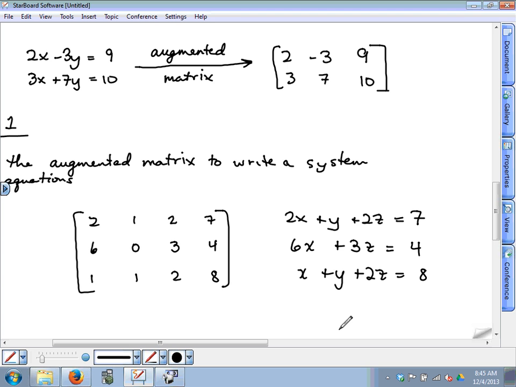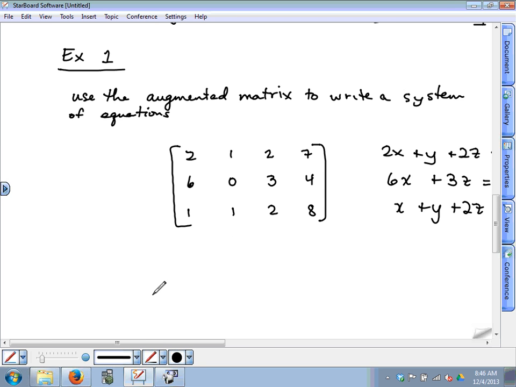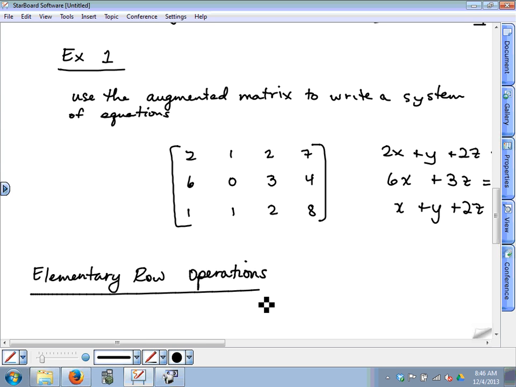All right then. Let's move on. Elementary row operations. You know what? We might have to